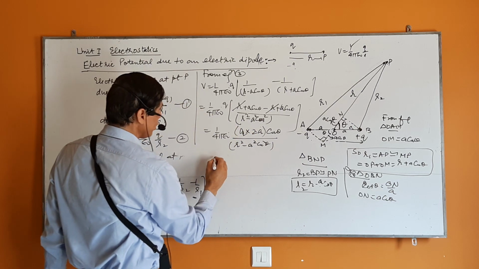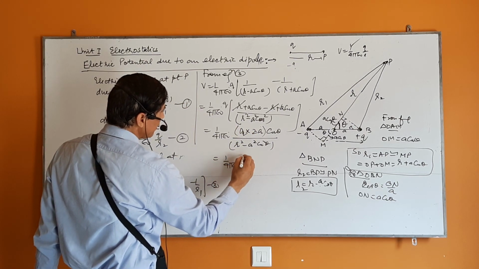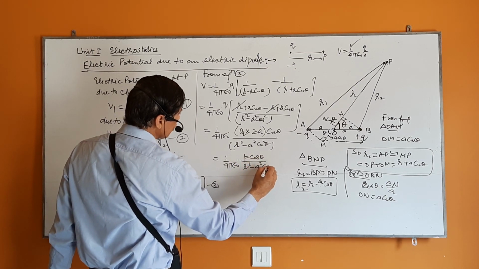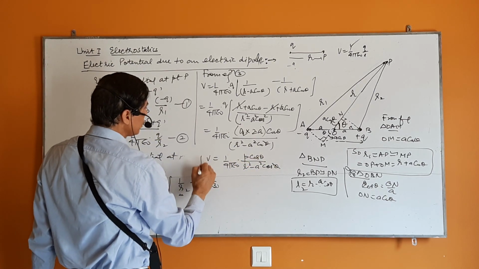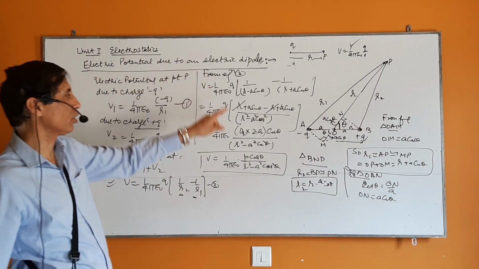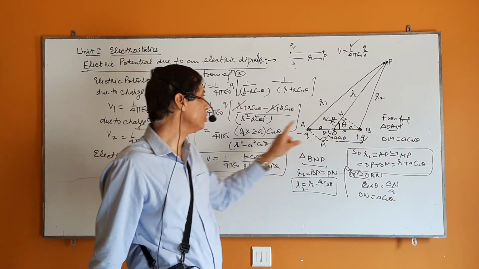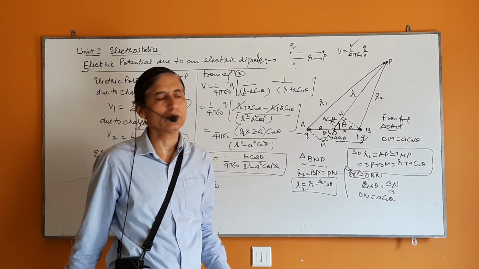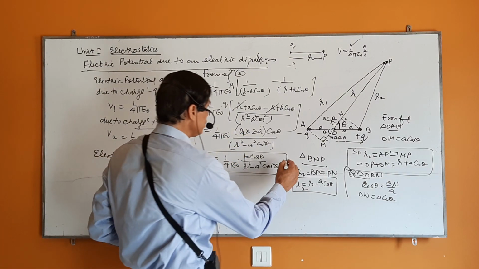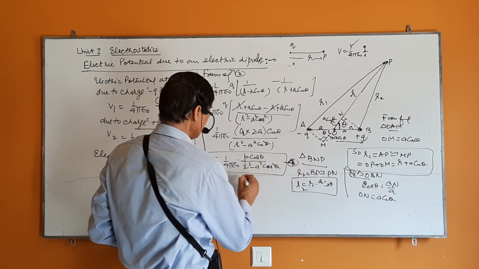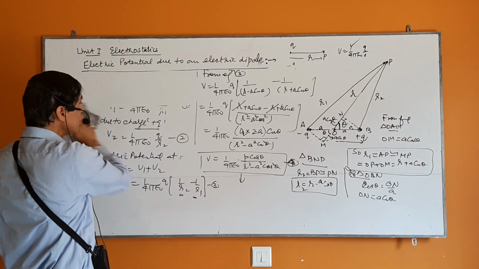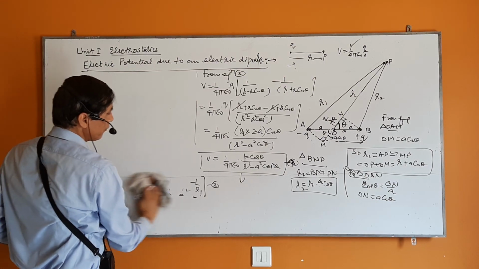And what is this Q into 2A? As we know, this is dipole moment, P into cos theta, over R square minus A square cos square theta. This is equal to potential. This is the formula of potential. क्या किया हमने? Q into 2A. 2A is the length of the dipole, Q is the charge on it. What is Q into 2A? This is a dipole moment. तो ये dipole moment हो गया. And this is equation number 4. Special cases. Come to special cases. I hope everybody has got it. It's not difficult.